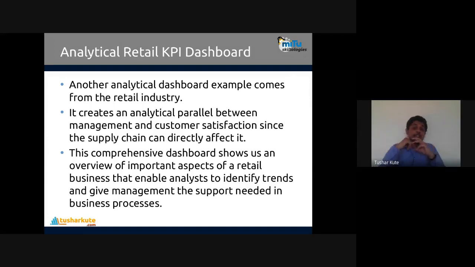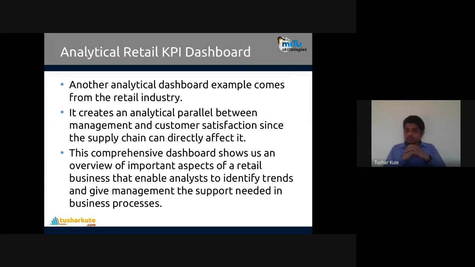We also have a supply chain dashboard, connected with the tactical part, that we'll talk about. Supply chain means from raw material to the finished goods in the hands of customers. The process which is undertaken is called supply chain management. And in the retail industry, the retail store plays a very vital role.